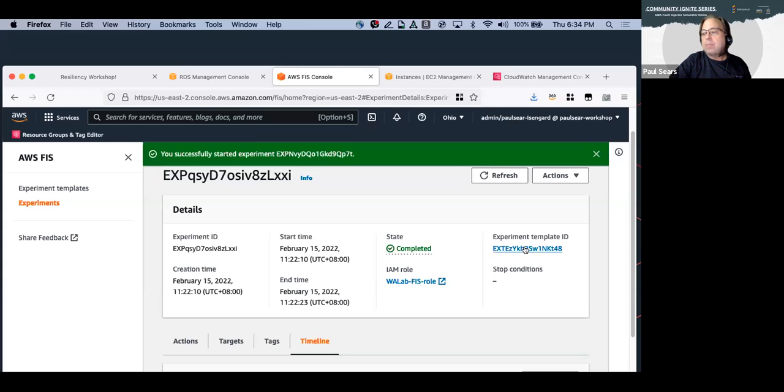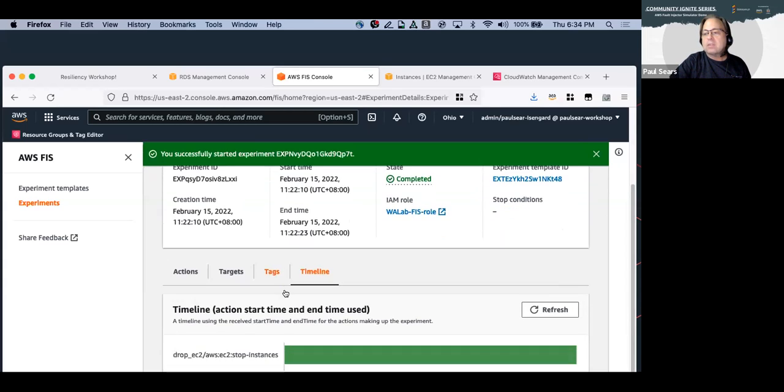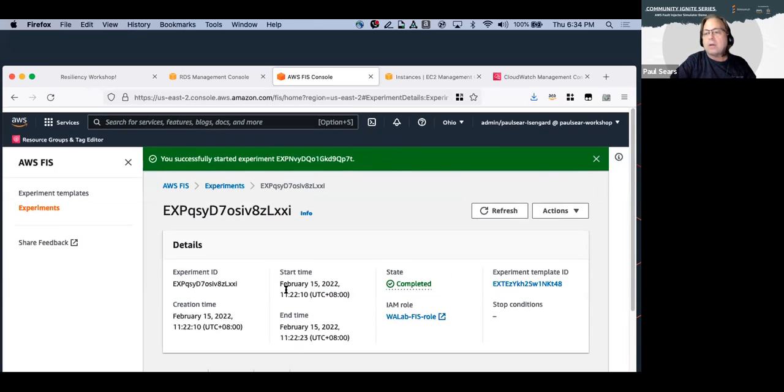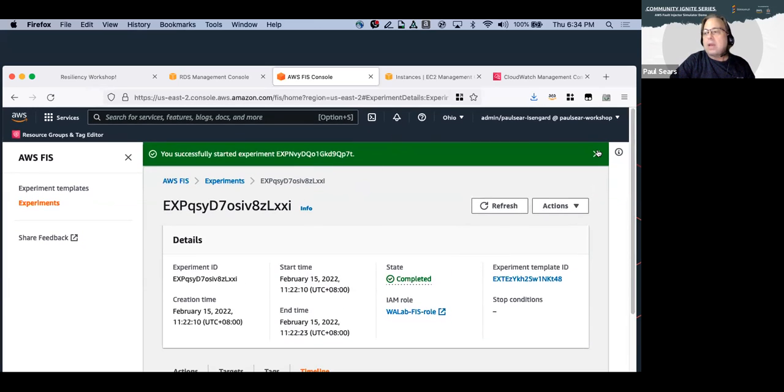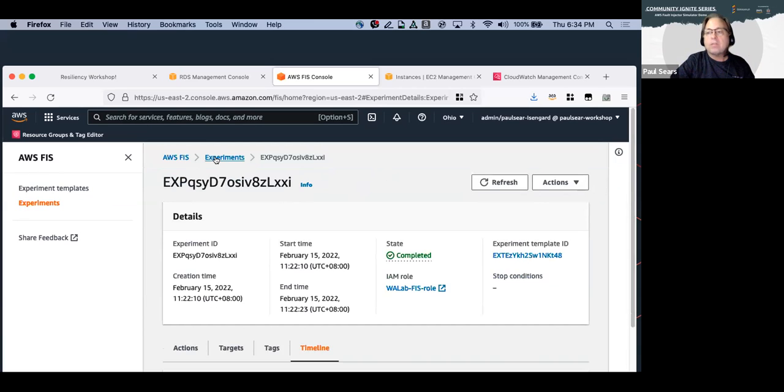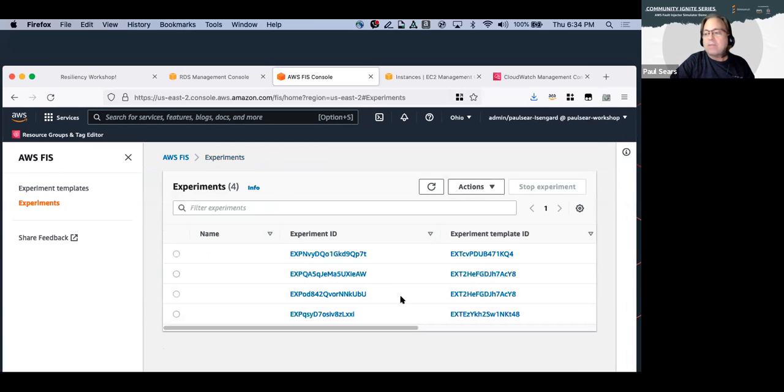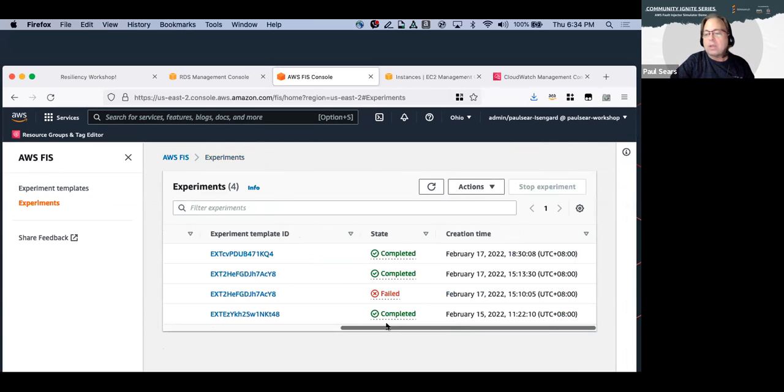Okay. So you can actually have this, and this is also logged into CloudTrail. So you have an archive or a log of all the experiments you run, and you can stack experiments together and build complex experiments as well that we won't have time to get into today. This is a very introductory